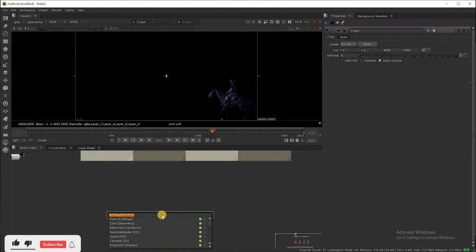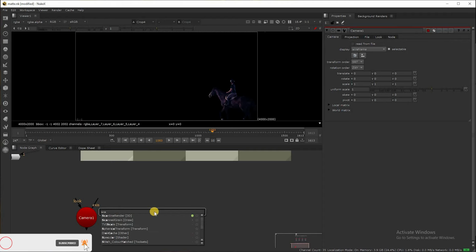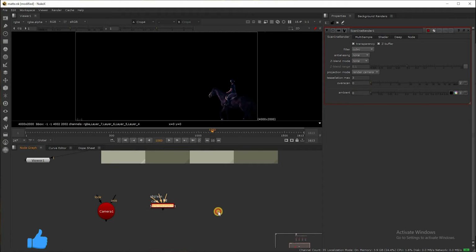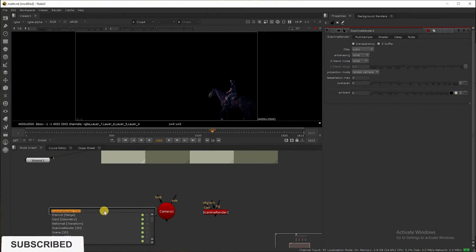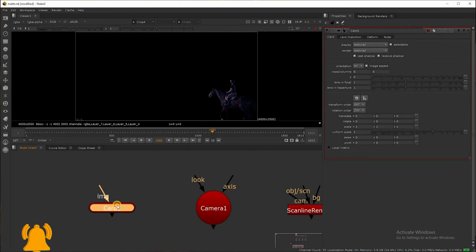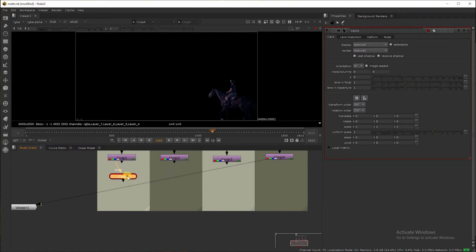Next, I will bring a camera. Now we bring a ScanlineRender. Now I'm going to put one card on each of these layers.